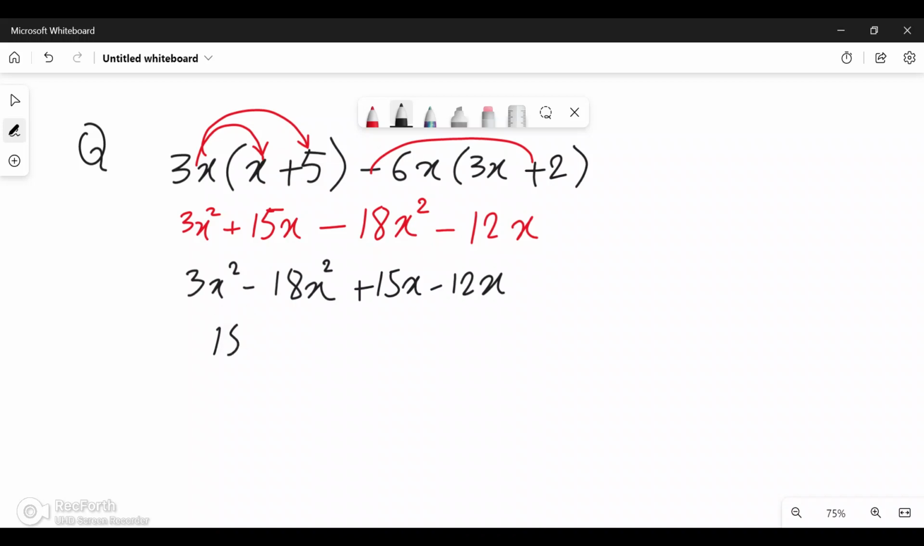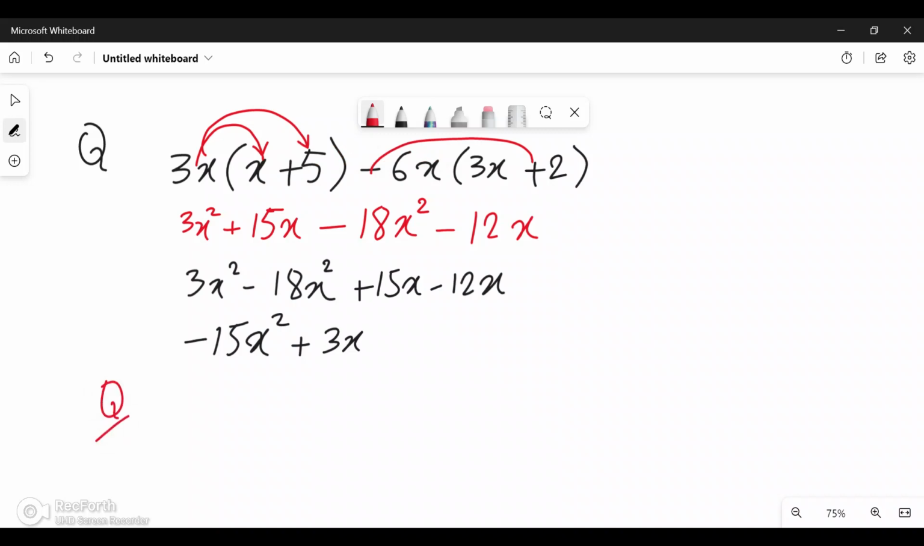We will subtract, the answer will be 15, and with the answer we write the sign of the bigger term, that is negative, so it will be negative 15x squared. Same with the second two terms: 15x minus 12x gives positive 3x, and this is the simplified form of this algebraic expression. I hope you got this question. Next one,